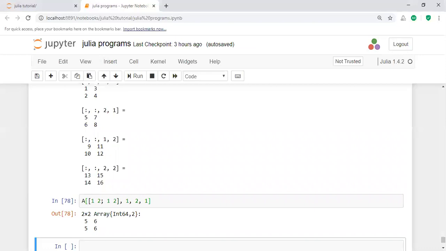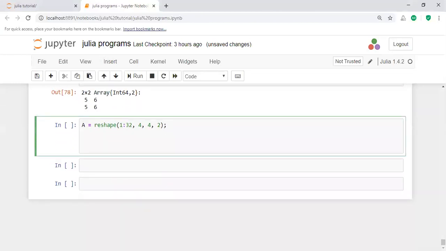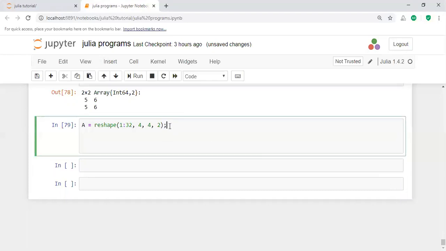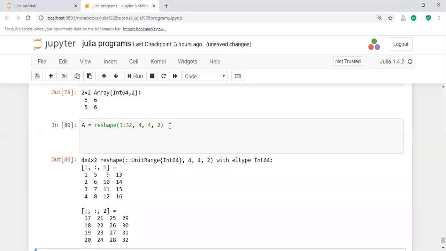Let us say a simple example for the Cartesian index. Here I am applying the reshape command, ending with a semicolon. That's why it's not giving any output here. For the Cartesian command, reshape 1 to 32, 4 comma 4 comma 2.